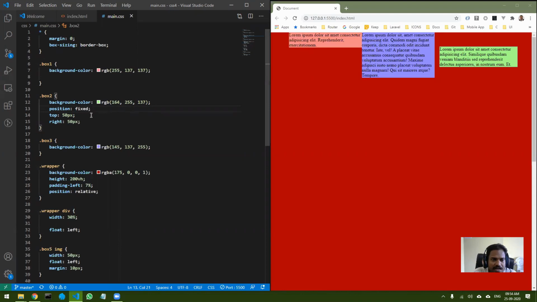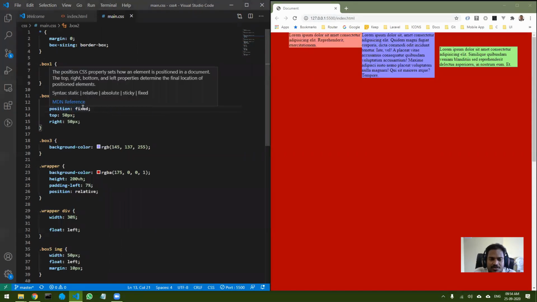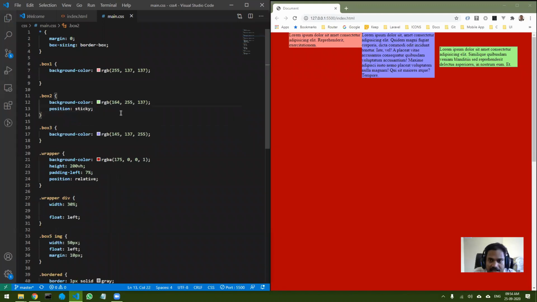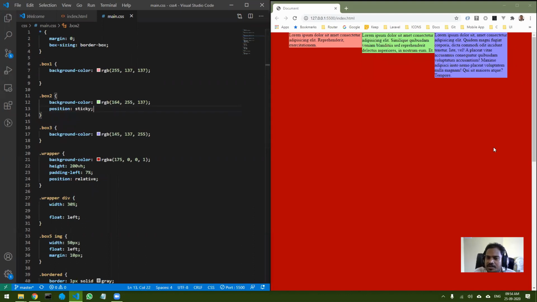The last one that I would like to show is called sticky. Now, in case of sticky, I will just remove this. In sticky, it maintains the flow. That is very important. You can see it is back inside the flow. So one thing to note over here, your static, that is the default behavior, your relative and your sticky, all of them will keep the flow of your document same. That means it will occupy that particular space.